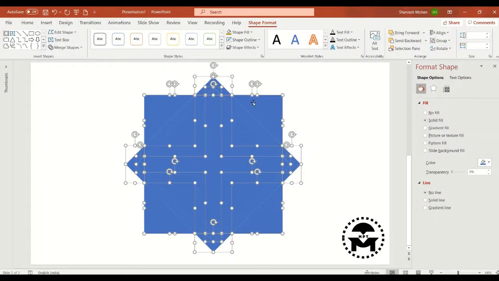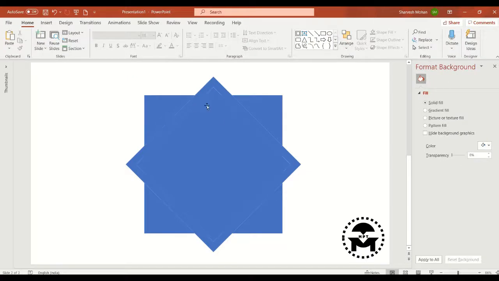This will fragment the shapes. Then we have to color the picture frame.